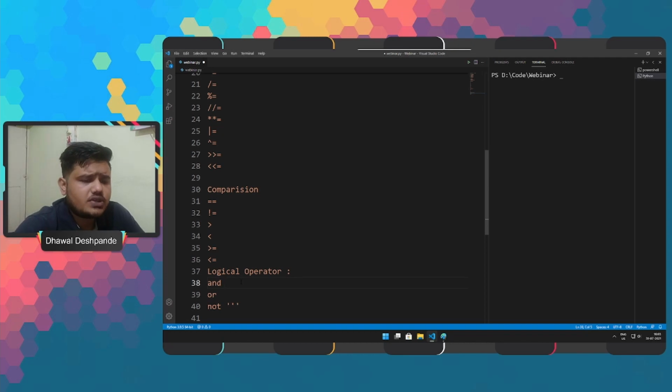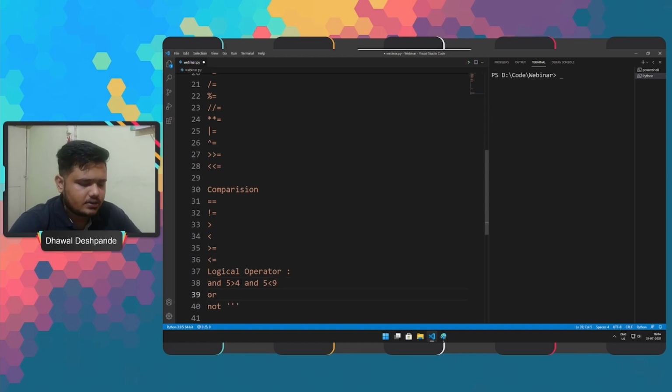So when we use and, basically these logical operators you will find in an if block. I'll give you just a simple syntax of how it is used. Say for example, if 5 is greater than 4 and 5 is less than 9. So here what we are doing is we are combining two different conditional statements in a single statement.